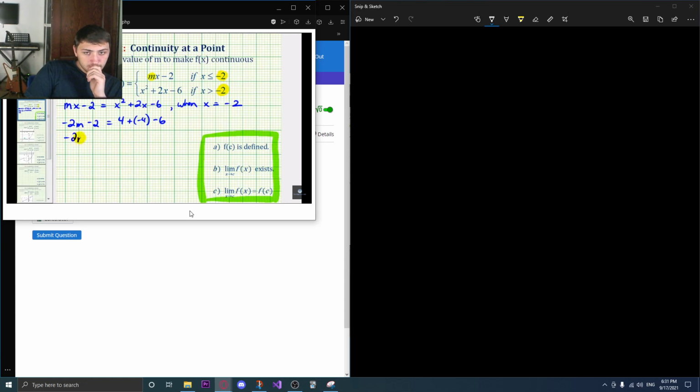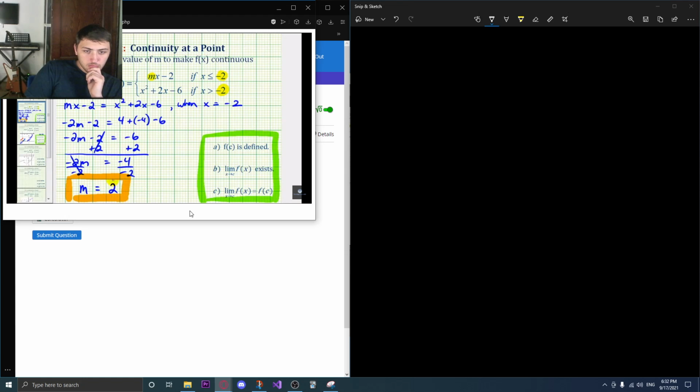So now we'll solve for m. We have -2m minus 2 equals, this will be -6. Add 2 to both sides. So we have -2m equals -4. Divide both sides by -2. So we have m equals positive 2,